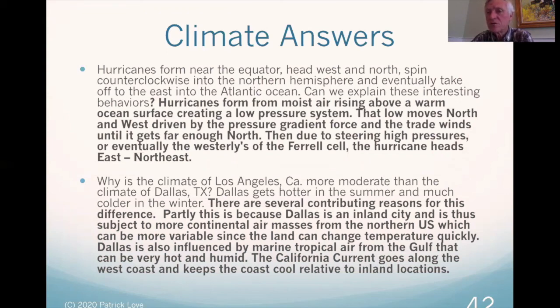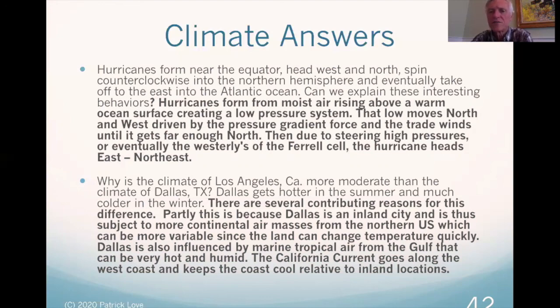We know that hurricanes form over warm air, where you get ascending air, creating a low pressure system. That low pressure system causes a rotating system that drives energy up into the atmosphere. The low moves north and west, driven by the trade winds, until it gets far enough north, or it's steered by a high pressure ridge or something like that, some piece of circulation that's a little different, and basically ends up in the westerlies to drive it back into the Atlantic Ocean, where usually by then, if it's over land, it pretty much becomes a tropical storm, but sometimes it can still be a hurricane